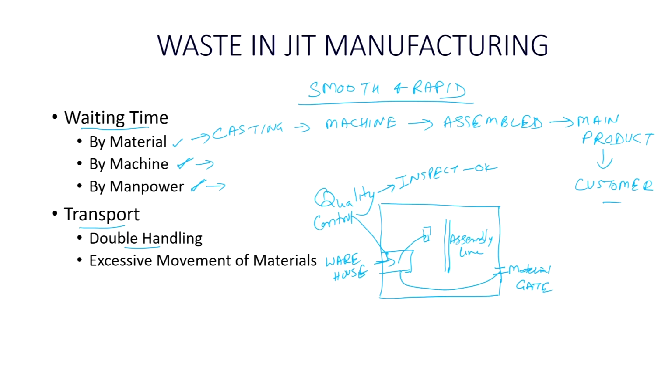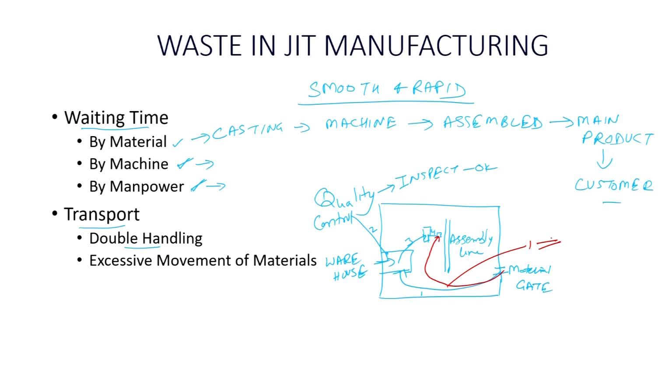So, material has come from the gate, that is the first handling, the second handling is by the quality control people, the third handling is you are moving the material to one small store in the production area. From there it is kept on the trolley or placed at the workstation. So, that is the fourth handling. This is called multiple handling. The best solution for this, but it requires organizing the work, best is if it can go directly here. So, in JIT we say that there is only a single movement, rather than having these 4 movements we should have a single movement only.